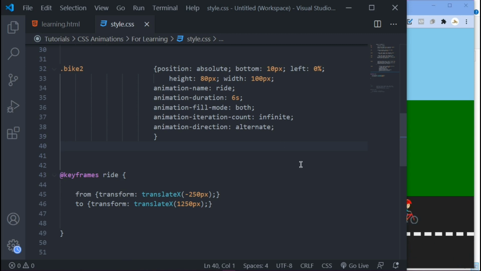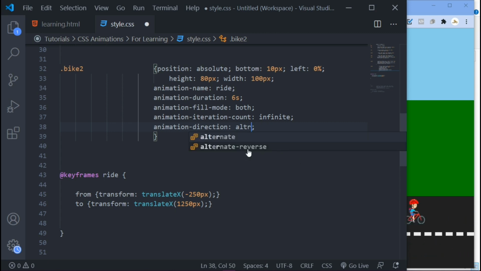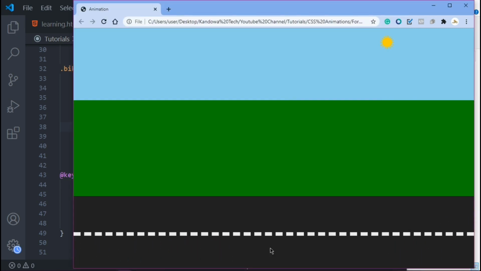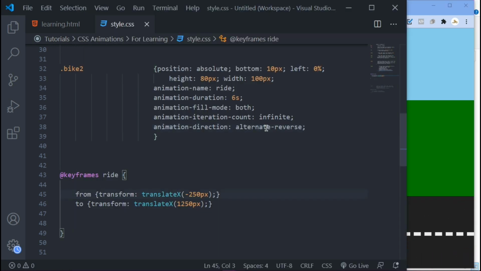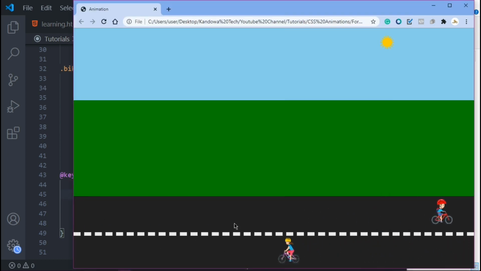And then you got the last option that we are going to be looking at, which is alternate reverse. So with alternate reverse, it's going backwards and then forward. It's just the opposite of alternate. So if you refresh, it should come from here to here.